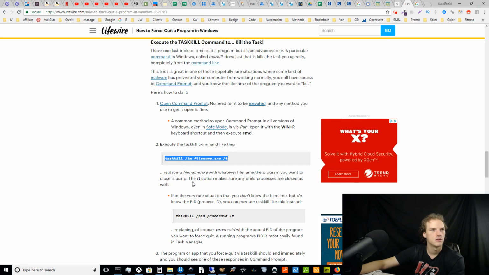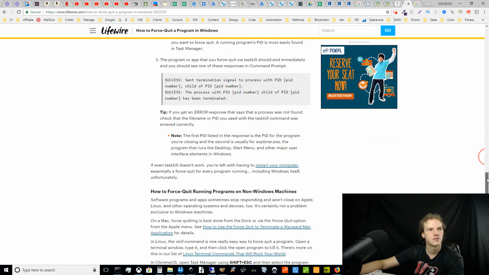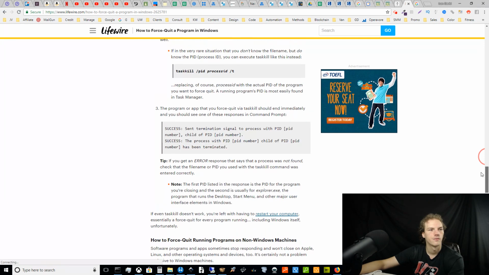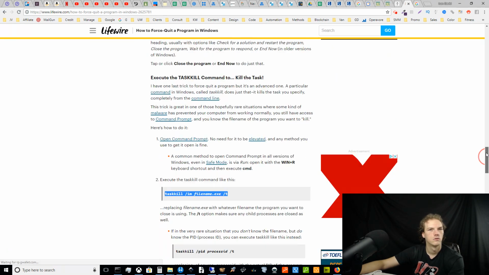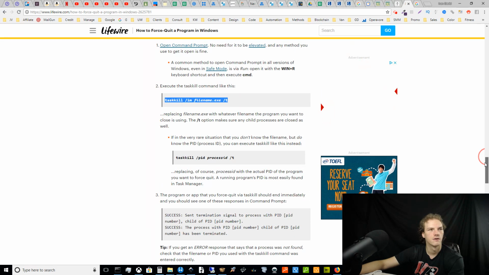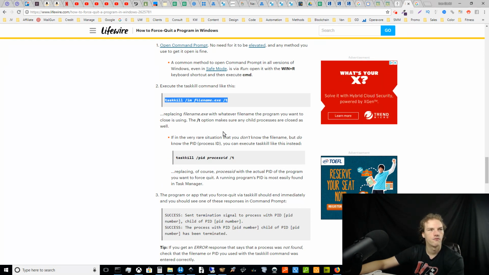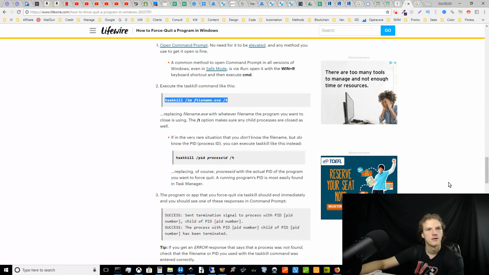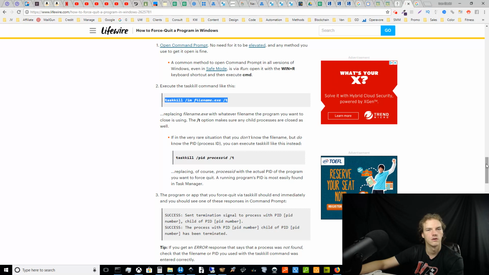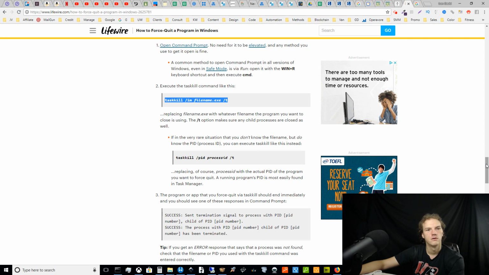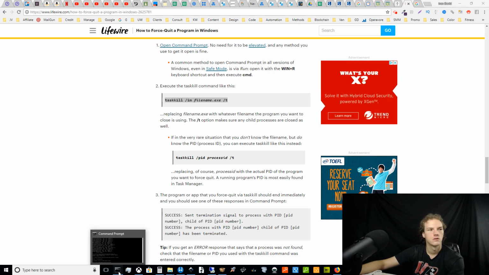So let's see, what does T do? Make sure any child processes are killed. So I haven't tested this yet, but I'm pretty sure this will work on the VM. So taskkill space /im space, and then you could just find the file name for that YP scraper in Task Manager, and then /t. So that'll kill all of the YP scrapers, and then you can go into the YP scraper or the Scrapebox folder to plugins to YP scraper to autosaves, and you can collect all of those